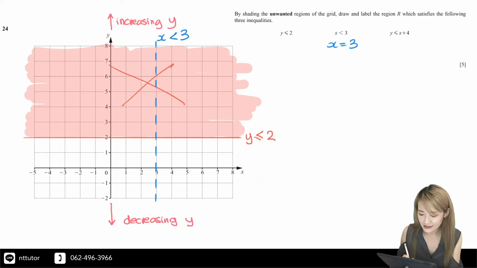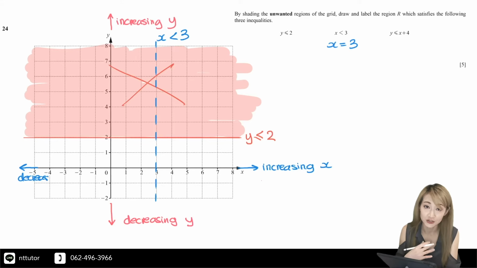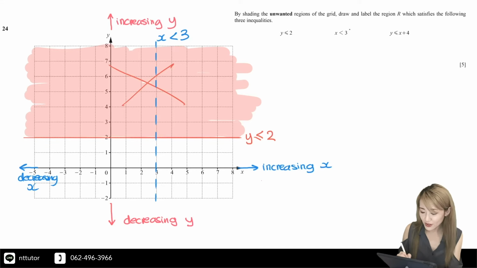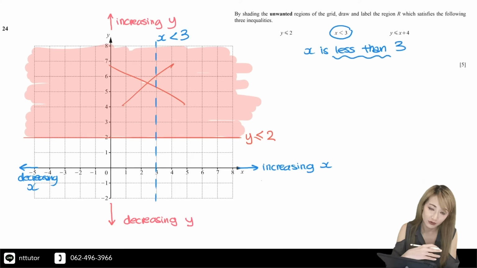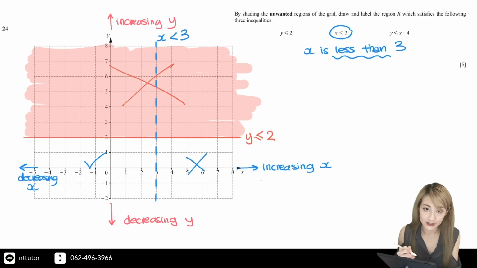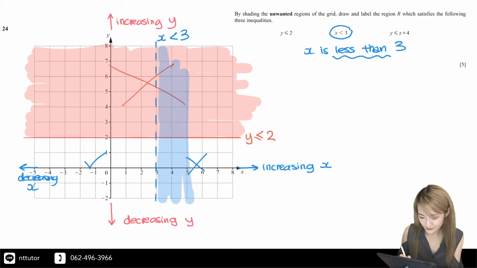And along the x-axis, if you go to the right-hand side, it's increasing x because the numbers increase as you go to the right. And if you go to the left, it's decreasing x because the numbers decrease as you go to the left. So we want x is less than 3. We want the smaller number. So that means we want the region that is decreasing. So we want the left-hand side of that line. So we will shade the right-hand side of that line out. So if we shade that,